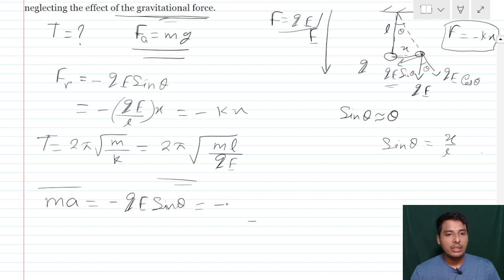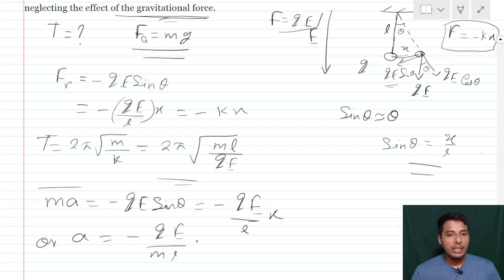So qe sine theta is equal to minus qe sine theta, which is nothing but x by l. So that means qe by l into x, or we can write a equal to minus qe by ml into x,